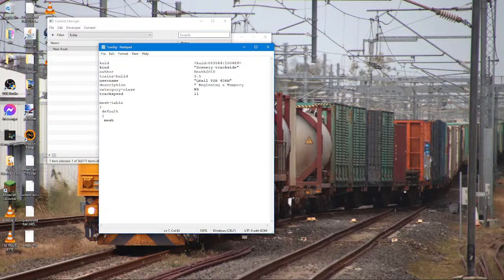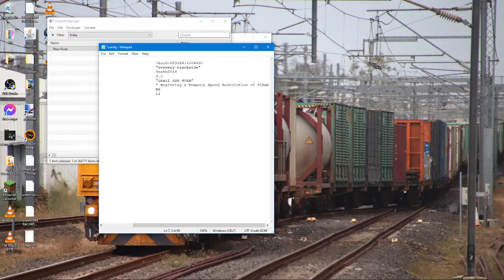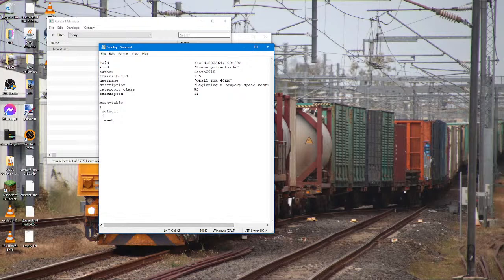Prairie. Whoops. Speed restriction of 40 kilometers an hour. We don't need that space at the front, it looks weird. So, default, our mesh. So then we do this space bar all the way up here, and our mesh is called, if I remember correctly,